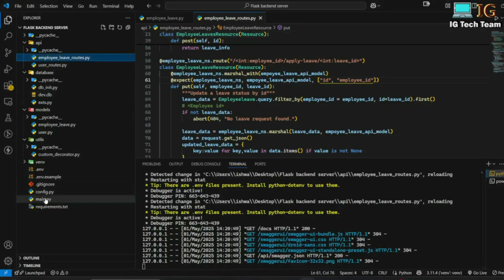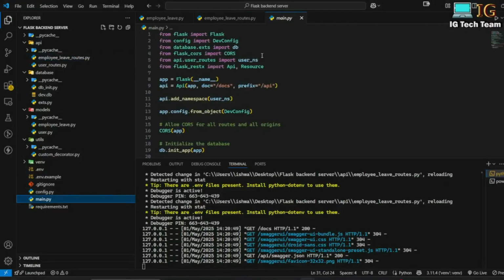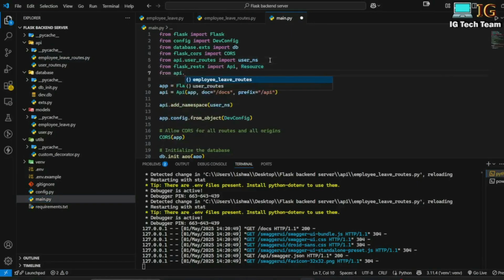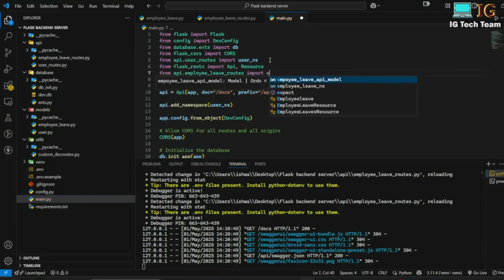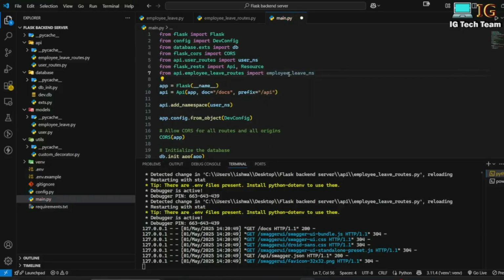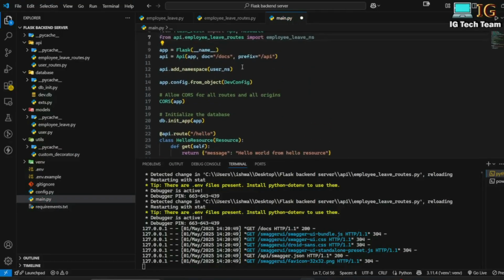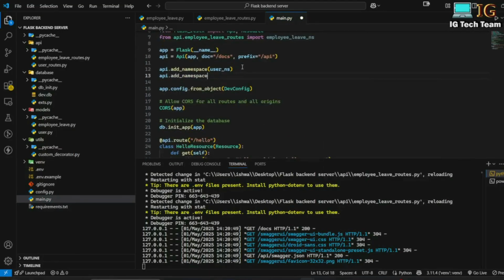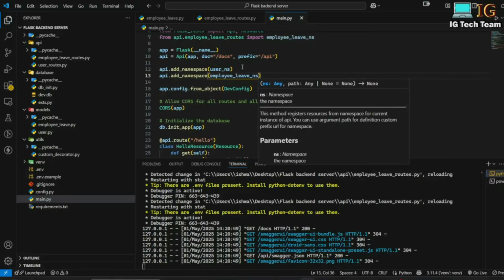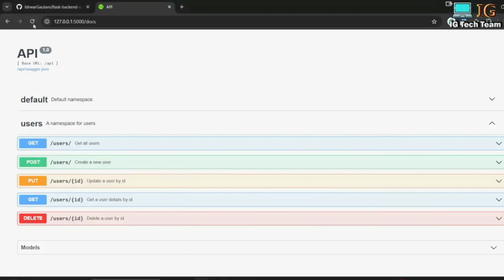So I have to go to my main.py file, and here I'm going to write from api.employee_leave_routes I'm going to import employee_leave_namespace, and again here I'm going to write api.add_namespace(employee_leave_namespace), Ctrl+S. And here if I refresh this again,